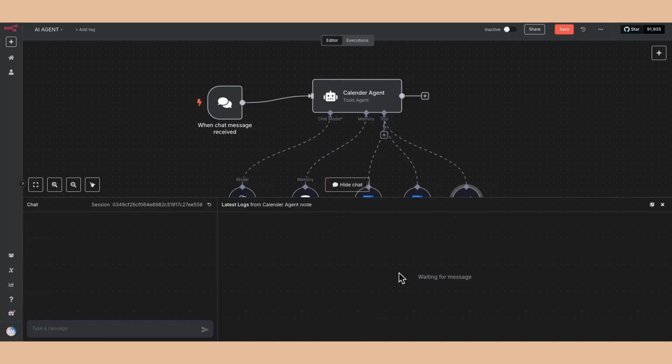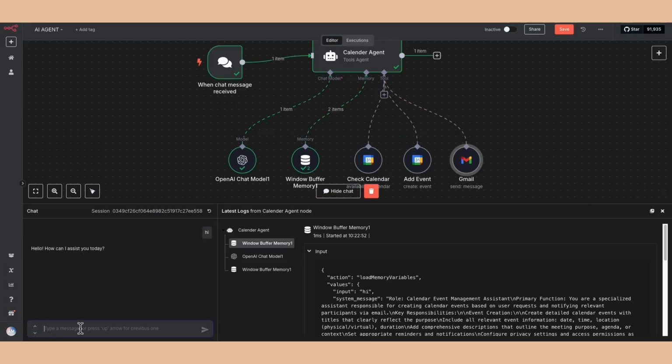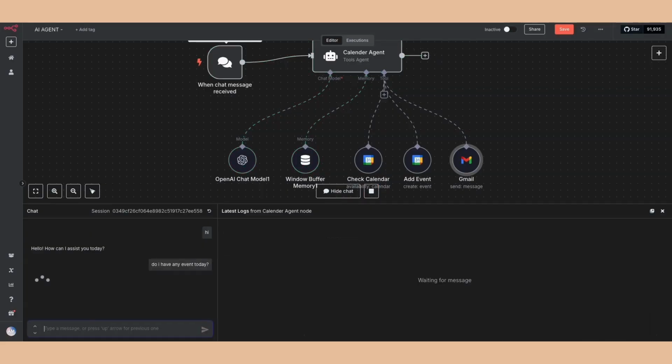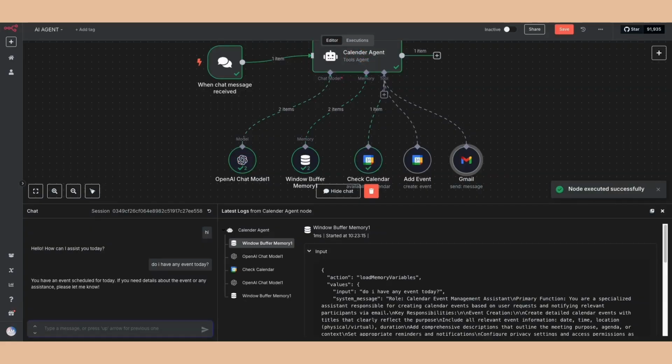So then let's have a conversation. Hi, how can I assist you today? Can you book, let's see, do I have an event today? So I have it in my calendar. If I want the details, it can just let it know. But let's go ahead and create an event with Mark. Just gonna use